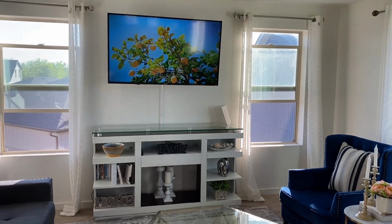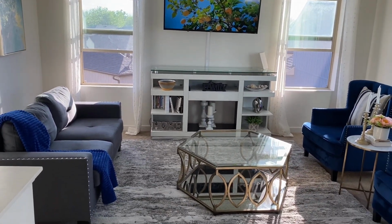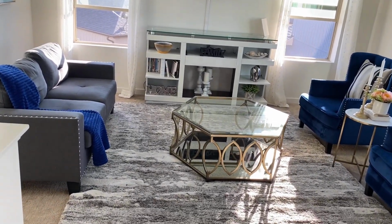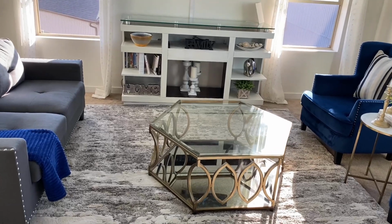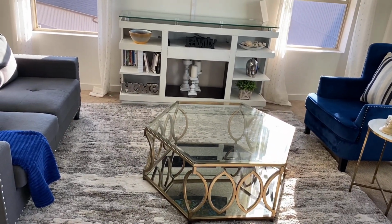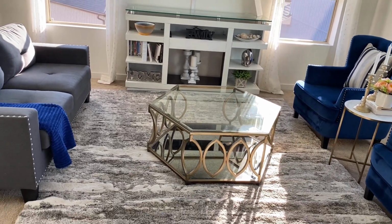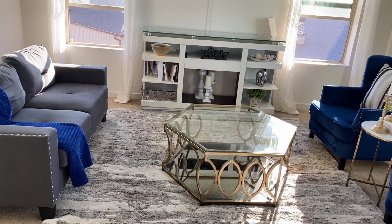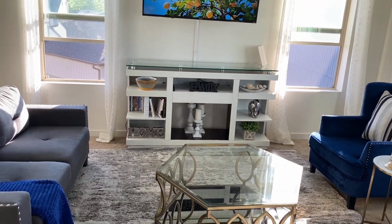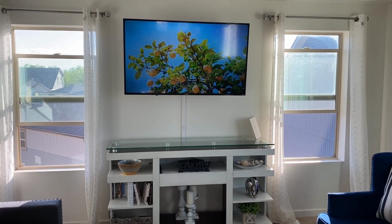this is what my living room looks like, or should I say my family room, because we spend more time here. And on the table, I don't have any decoration. Like I say, I do not like extra things that are not necessary. So I just kept it simple. But I feel like you can put your leg on it. You can put drinks and stuff like that. So that's good. On the TV, I just have a screenshot of